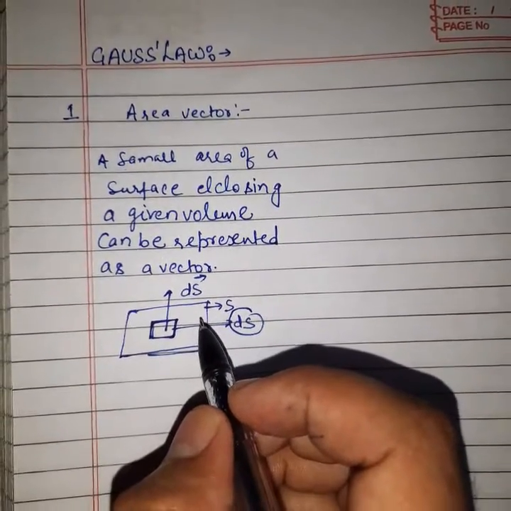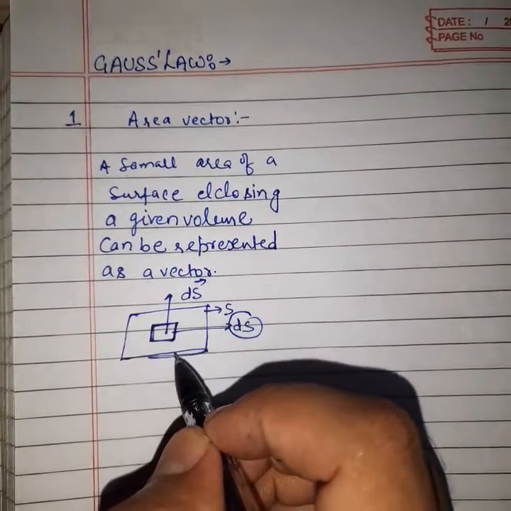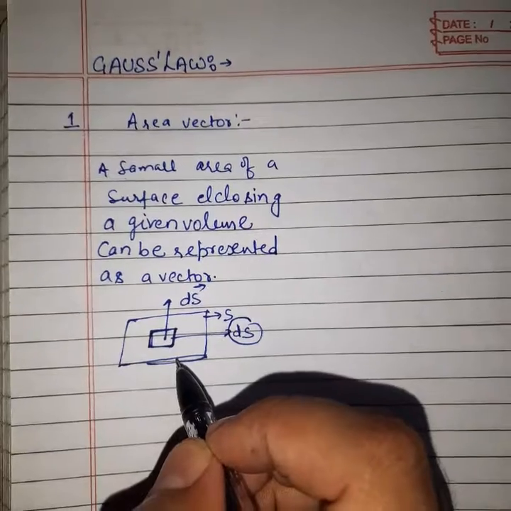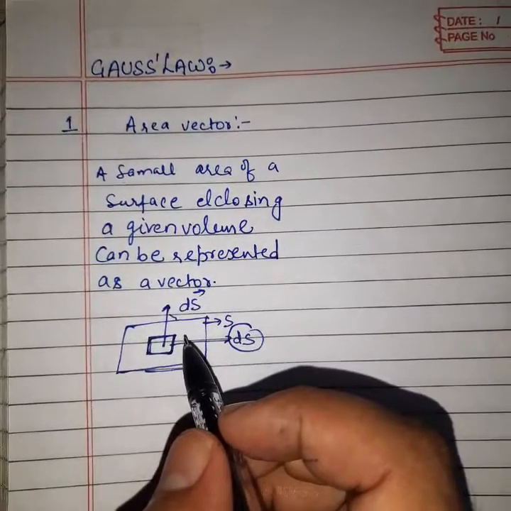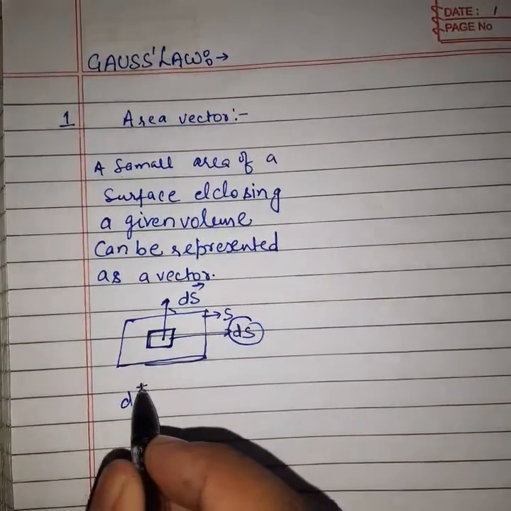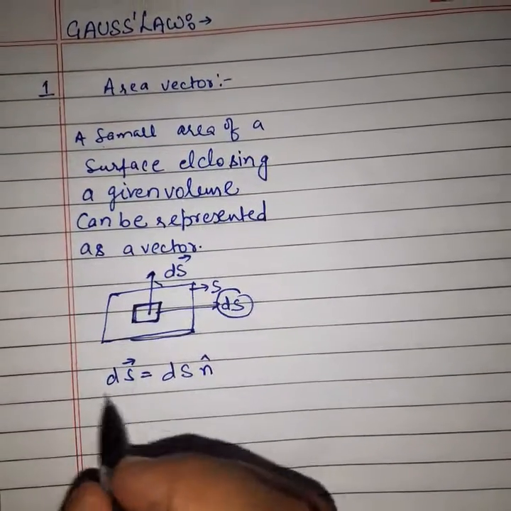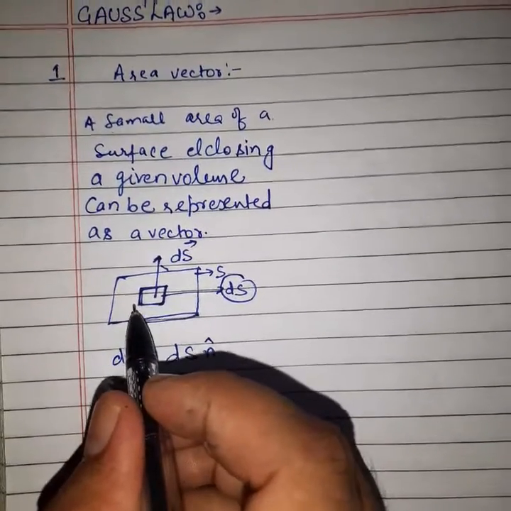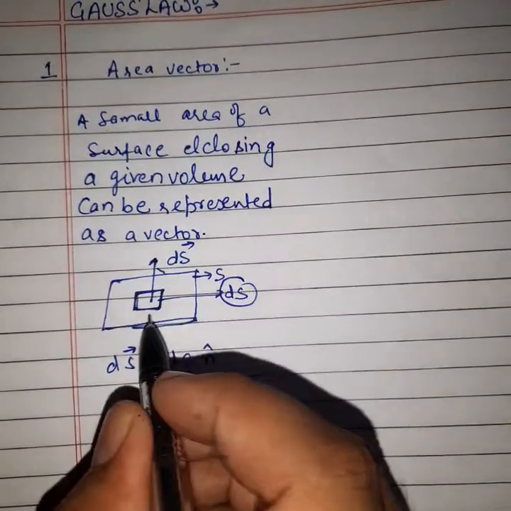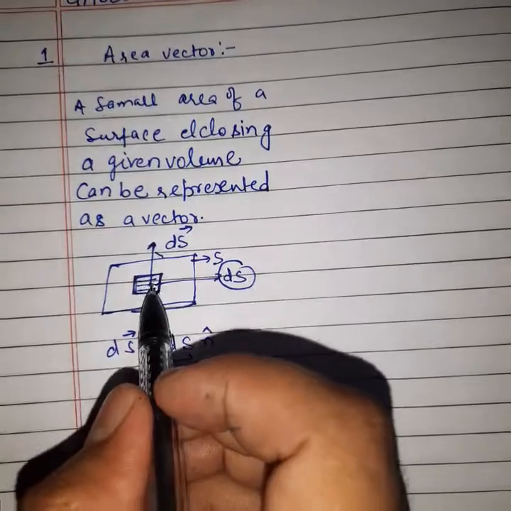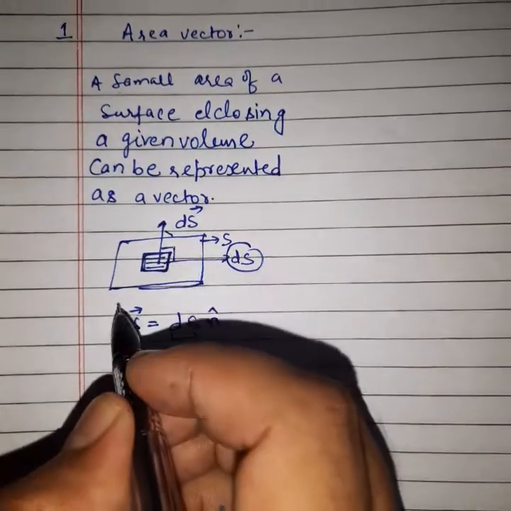Okay, then listen next. The length of this vector is equal to the magnitude ds. The direction of ds is perpendicular to the surface and outward, and this direction is represented by the unit vector n cap. Okay or not? Then the area vector is given by ds n cap. What will be the magnitude, the length of this vector? We denote its length by ds, the area we select here. And its direction will be perpendicular to the surface.